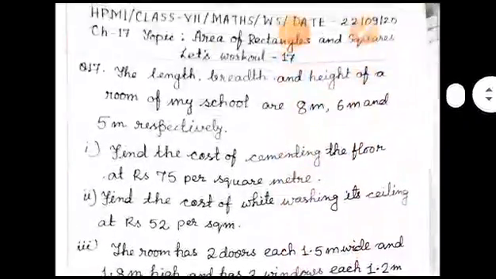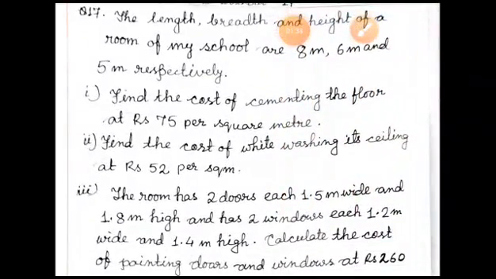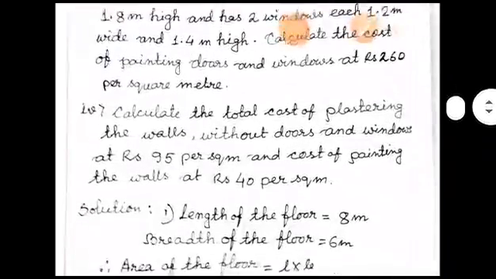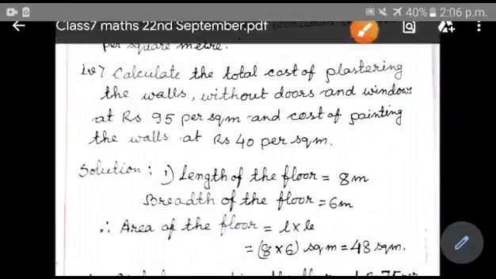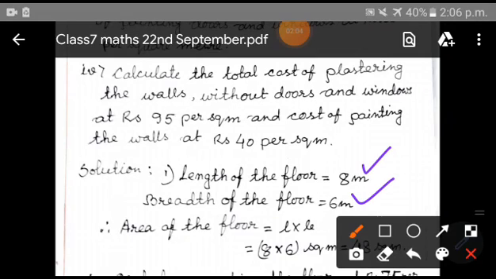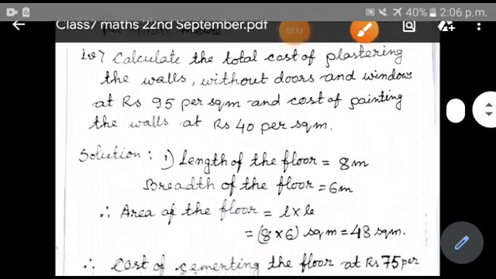First, the first subpart question is, find the cost of cementing the floor at rupees 75 per square meter. So here at first you will have to find the area of the floor first. Why? Because the cementing has to be done on the floor only. So for that you need to take out the area of the floor. And you know children, the floor is a figure that resembles a rectangle. So you are going to write the length of the floor is 8 meter, the breadth of the floor is 6 meter, and area will be length into breadth, which is equals to 8 into 6, that is 48 square